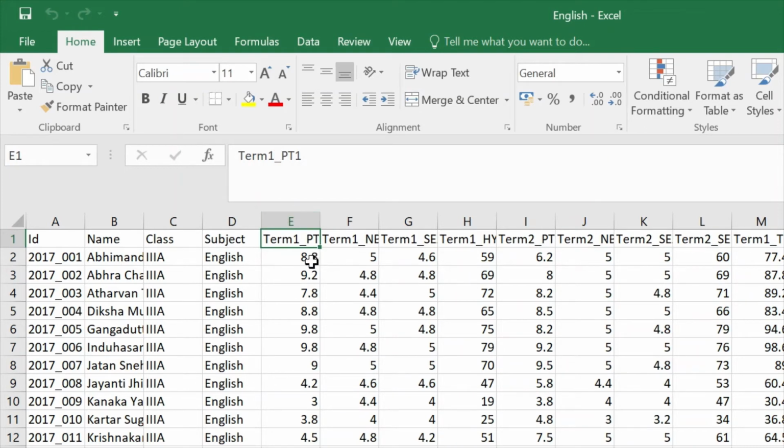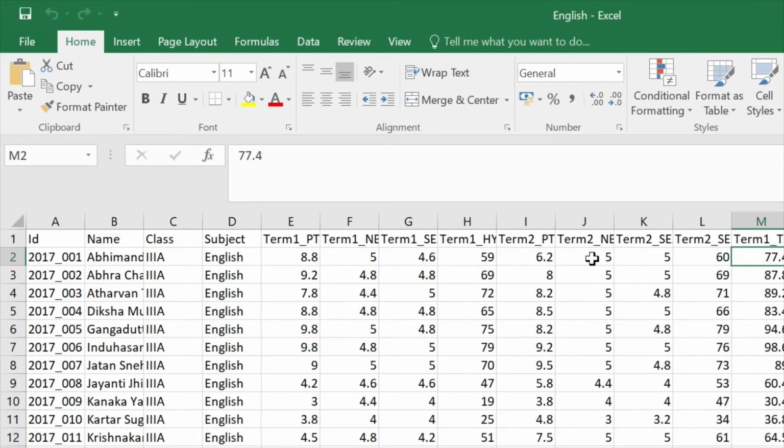It is converted into 8.8, which is out of 10. We have used the multiplier and converted the values for the weightage of 10. Likewise, this is out of 5, this is 4.5 out of 5, and this is the mark obtained in the half yearly. So the total will be all of these values that is available in term 1 total, and the corresponding grade is also calculated for these marks.